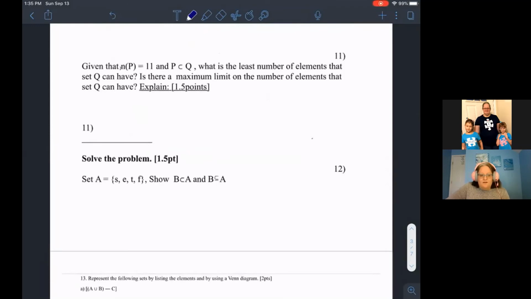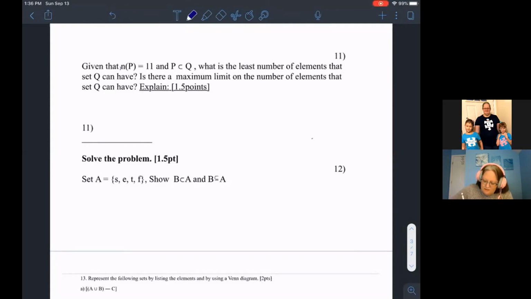Okay, number 11. All right, so number 11, it says, given that n(P) equals 11 and P is a subset of Q, what is the least number of elements that set Q can have? Is there a maximum limit on the number of elements that set Q can have? Explain. Okay, so that's just a bunch of mumbo jumbo that says